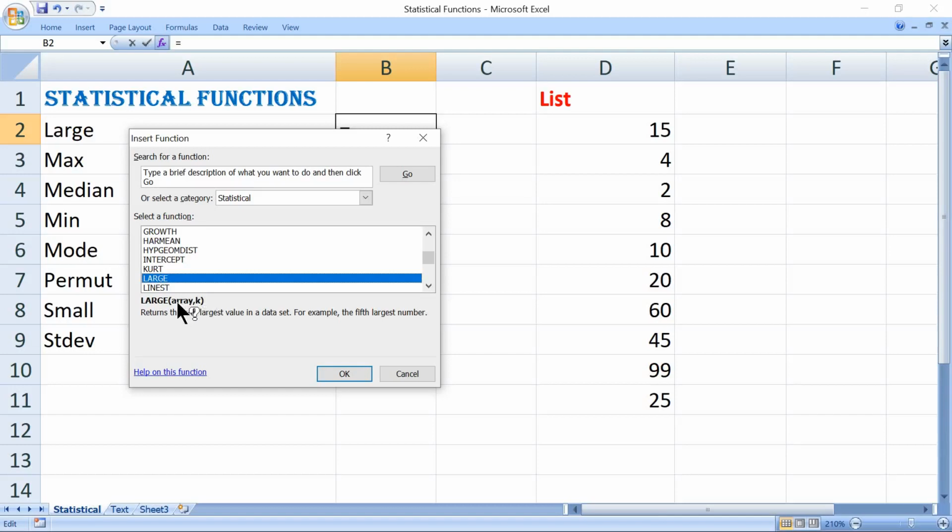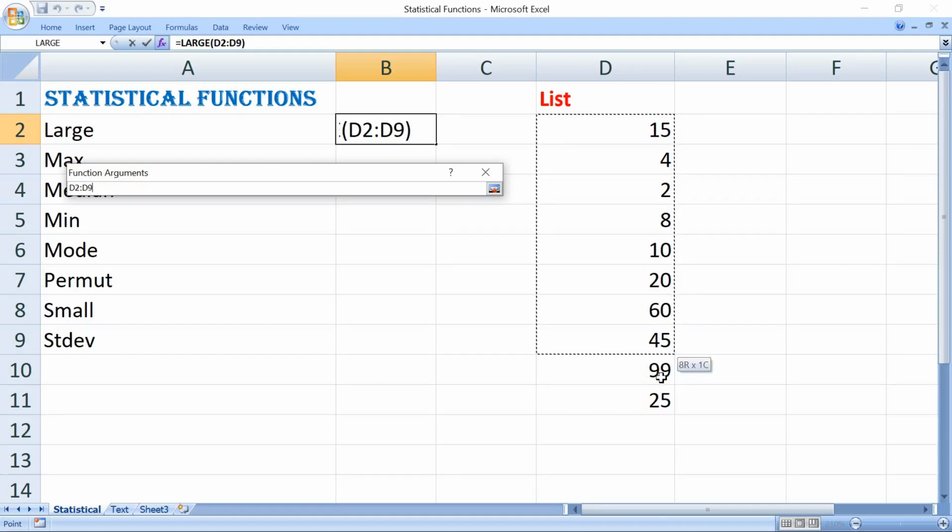Large, this will take 2 different parameters. One is the array where we have to provide the list or the range. K indicates here whether it is the first largest number or second largest number or the fifth largest number from the list. Click OK.